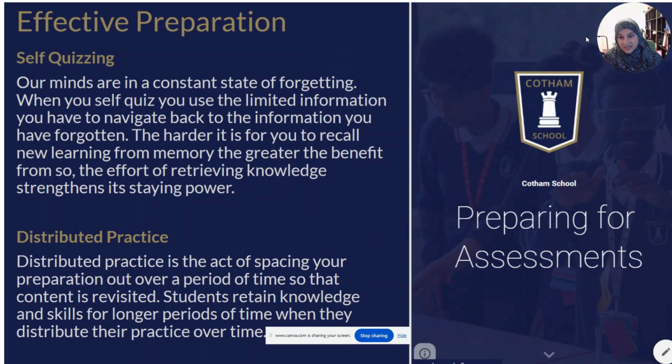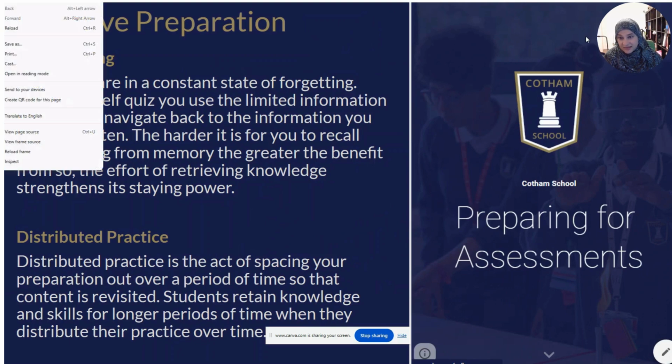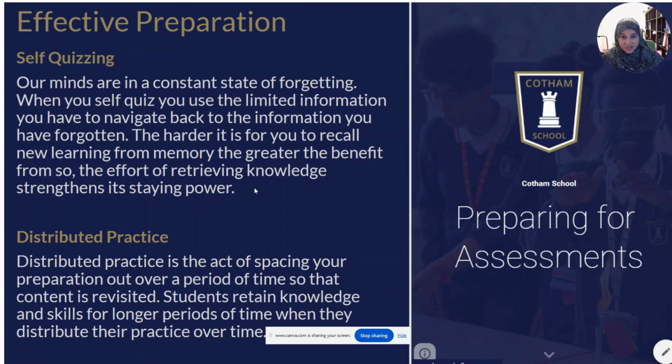And then self-quizzing is all about trying to retrieve that information in a different way. So for example, if they made revision cards the first time, trying to transfer those revision cards into a mind map. If they did a mind map the first time, maybe transferring the information from the mind map onto a revision card. And the harder it is for students to recall new learning from memory, the greater the benefit and the stronger the learning power. It's more likely to stay in their long-term memory.